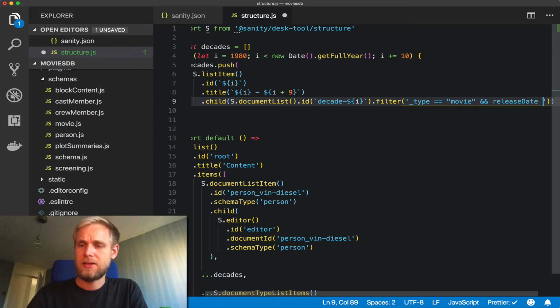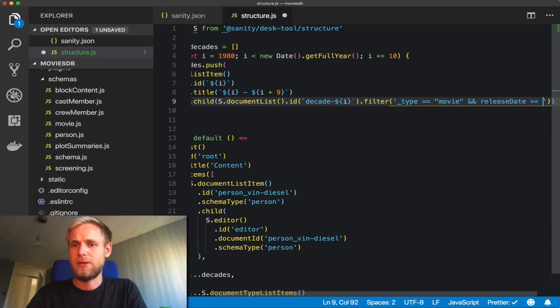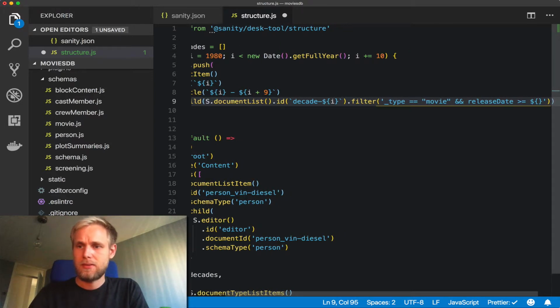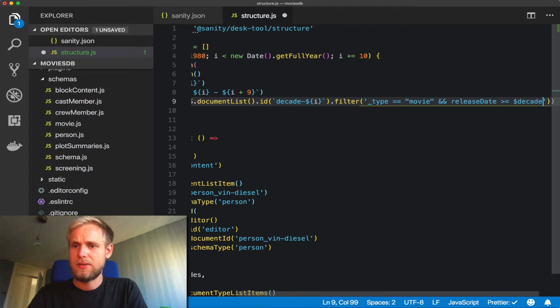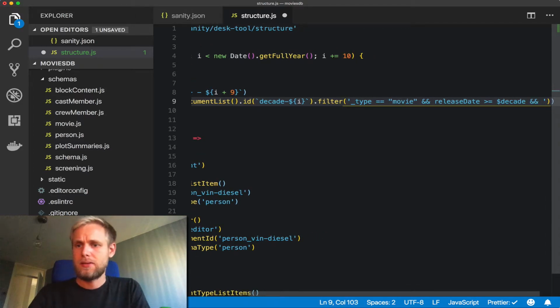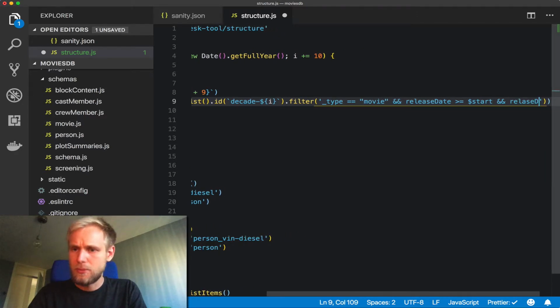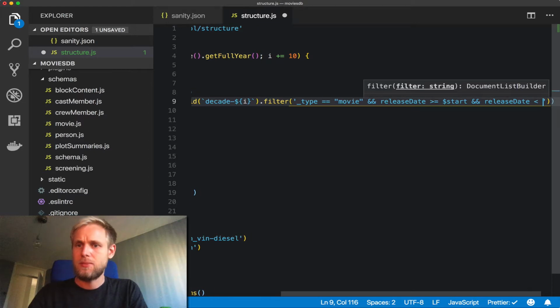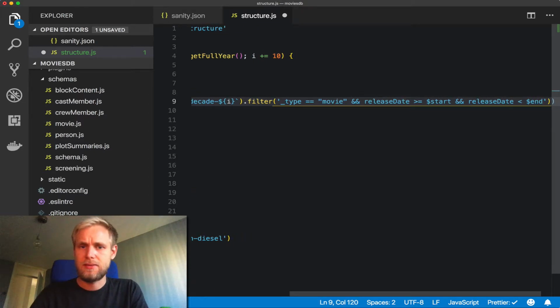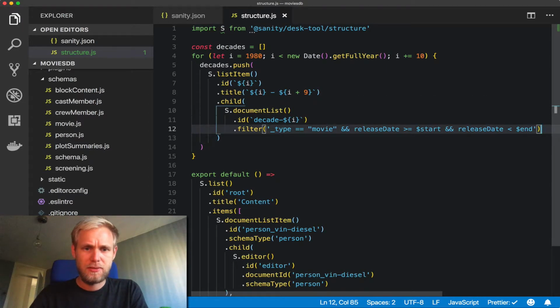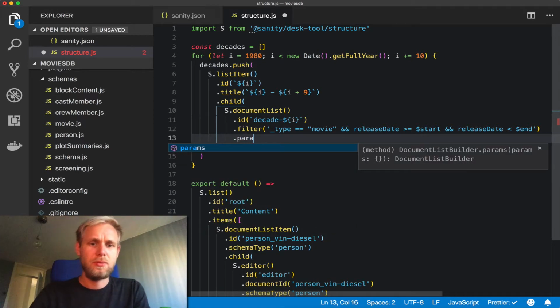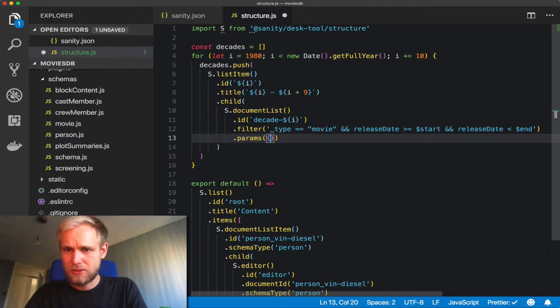I want the release date to be larger than or equal to, let's use some params here, the decade, or maybe just call it start, and then the release date must be less than end. Format this a bit. And we'll also want to provide the actual params here, of course. So start,